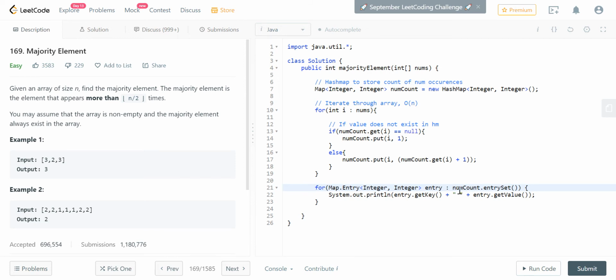So I guess what this code does here is it takes numCount, it converts it into a set that we can iterate through, and the enhanced for loop iterates through that for us, and stores the value in another entry. But won't that take more space? What? That's supposed to take more space. Okay, yeah, I probably don't care much. I'll try this later and see if it actually does take more space. But entry.getKey